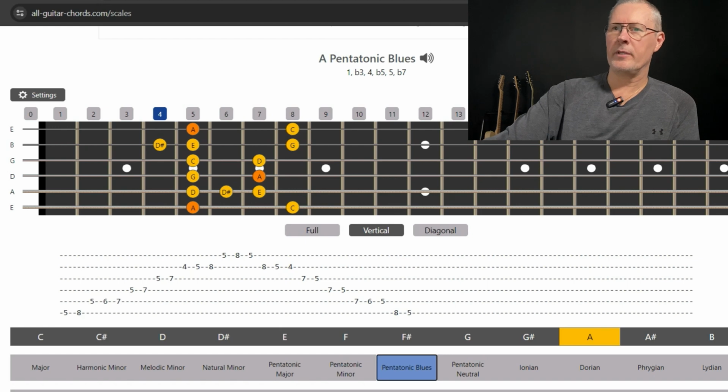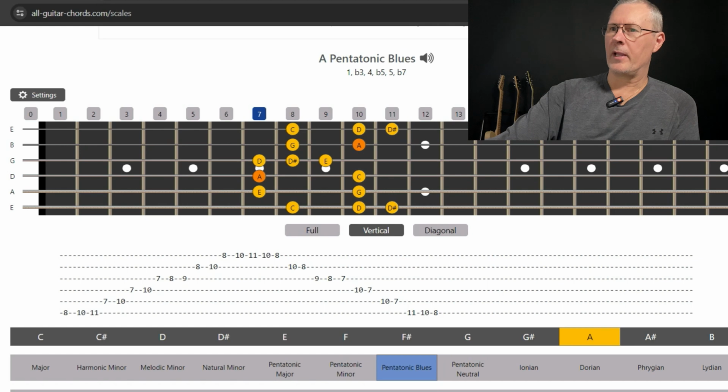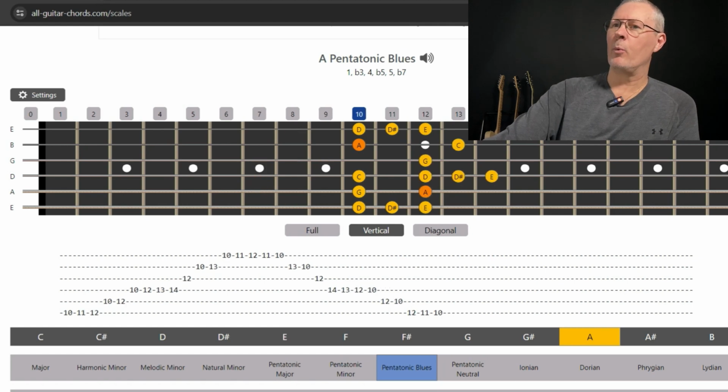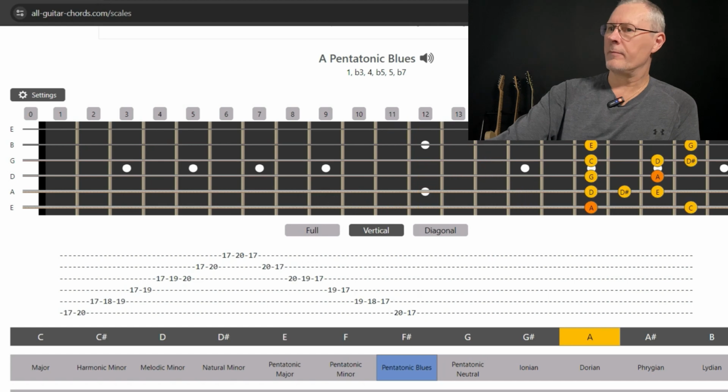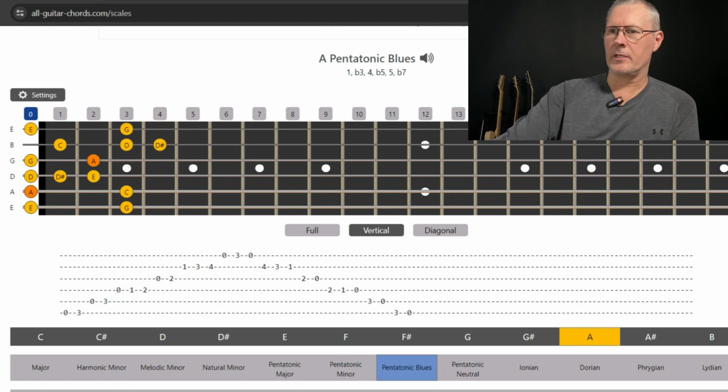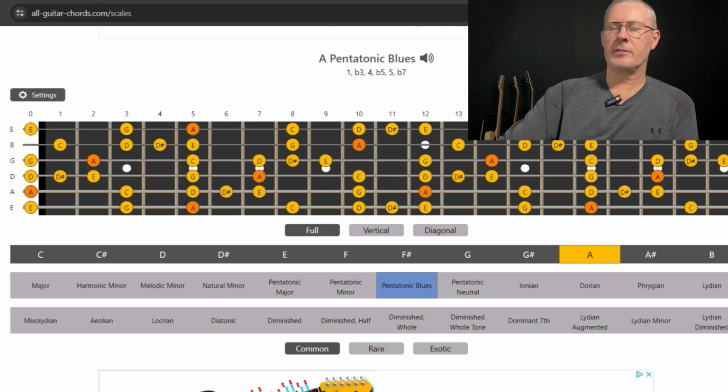Now you can do the same thing and start working through your positions. You may want to play maybe like this. You may want to play it like that. You can do whatever you want to. Now you're starting to play up and down the fretboard, all the different positions, and you're just learning how to